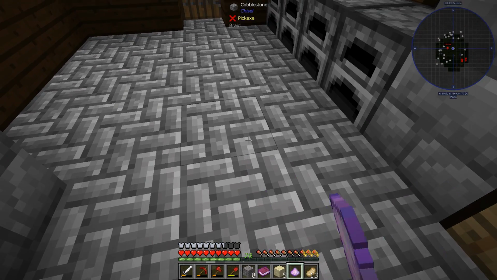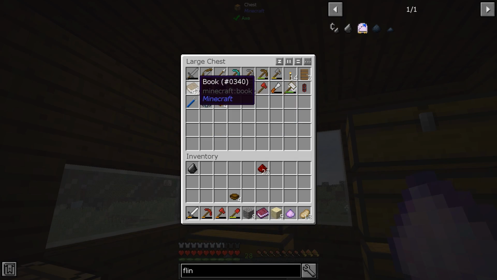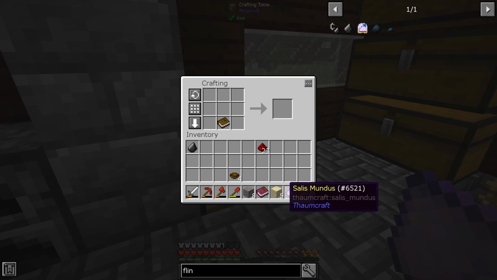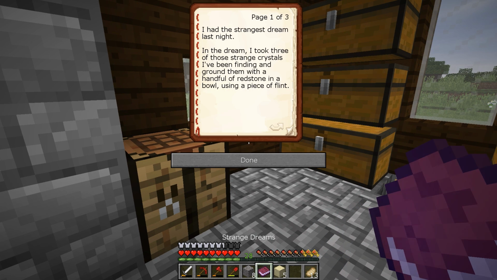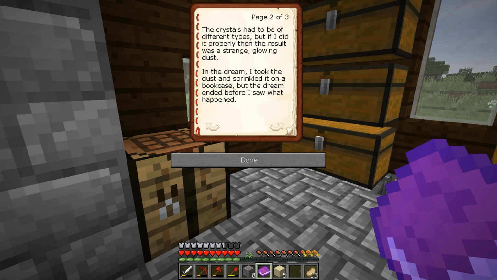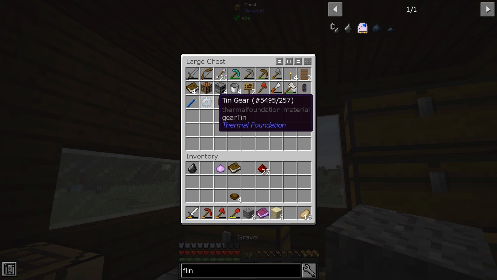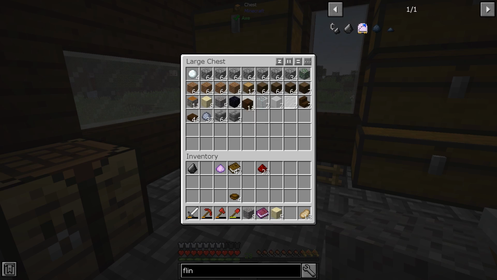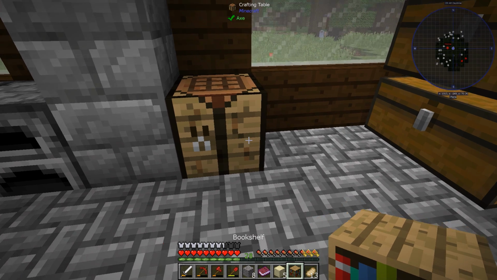What is Salus Mundus? Can I make a book? No. Okay, well, let's see if it gives us further instructions. Took the dust and sprinkled it on a bookcase. Aha, so we need a bookcase. Okay, well, that's easy. We'll grab some books. We'll grab some of these. We'll do a little bit of this. And then...